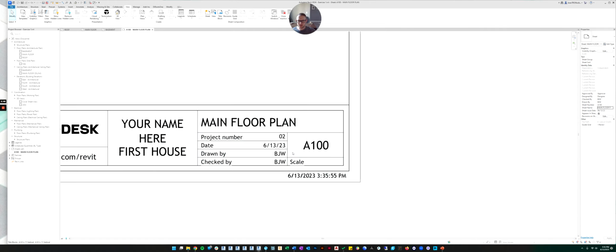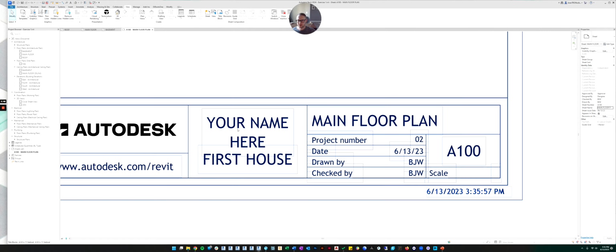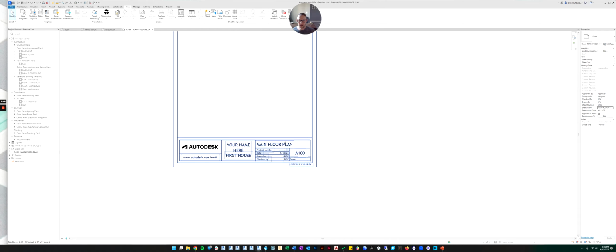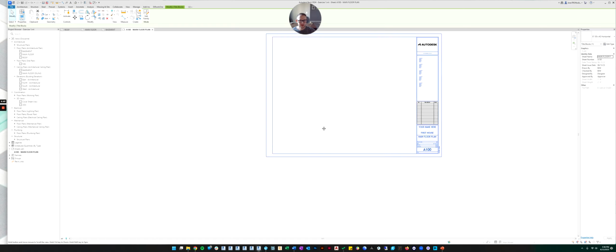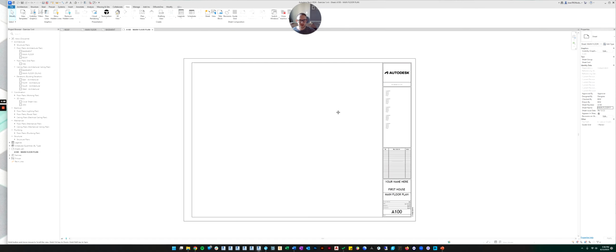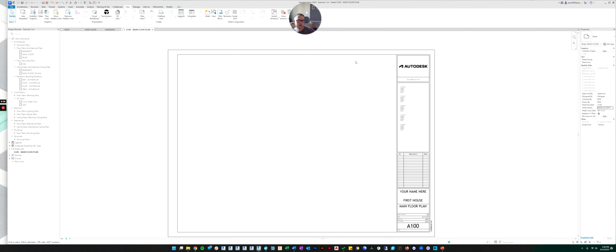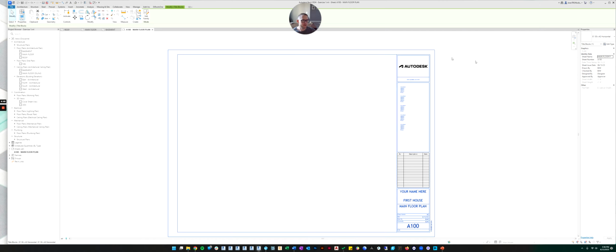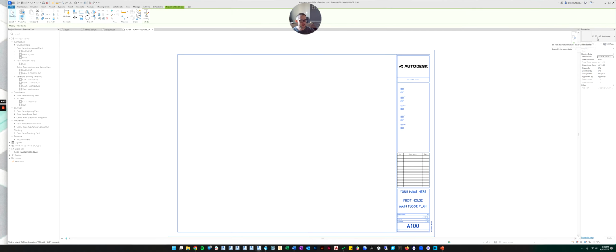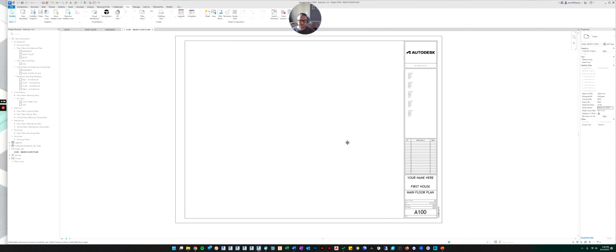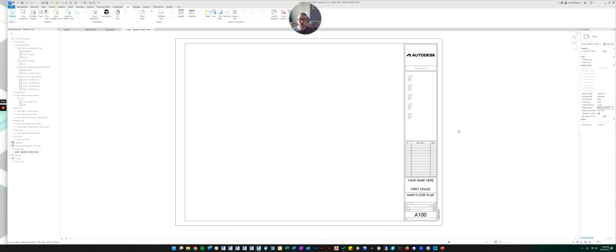So I could change it to an 8.5 by 11 sheet of paper if I wanted to. And it remembers the stuff that you put into the title block. So let's put it back to the way it was. We wanted an E1 30 by 42 horizontal. So that'll make it back the right size we want. But just remember, if you forget what size sheet you have, you can always come click here and it says 30 by 42.